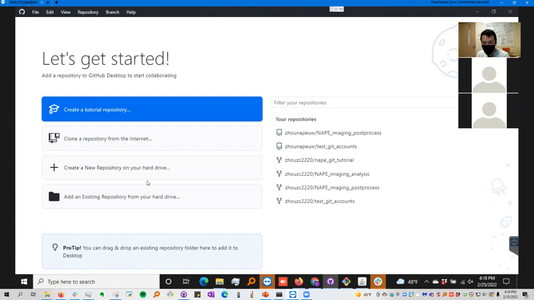Is the installation pretty straightforward? Yeah. All right, so you do have to make an account. I forgot about that. Hopefully that's pretty straightforward. Are you going to create a tutorial repository? No, so we're just gonna do,